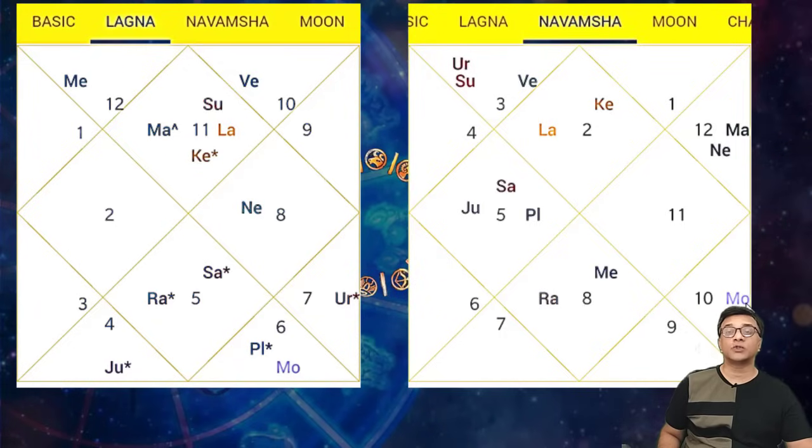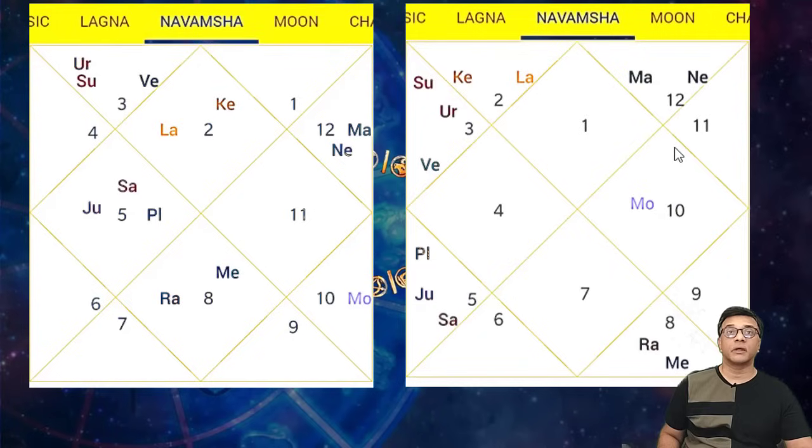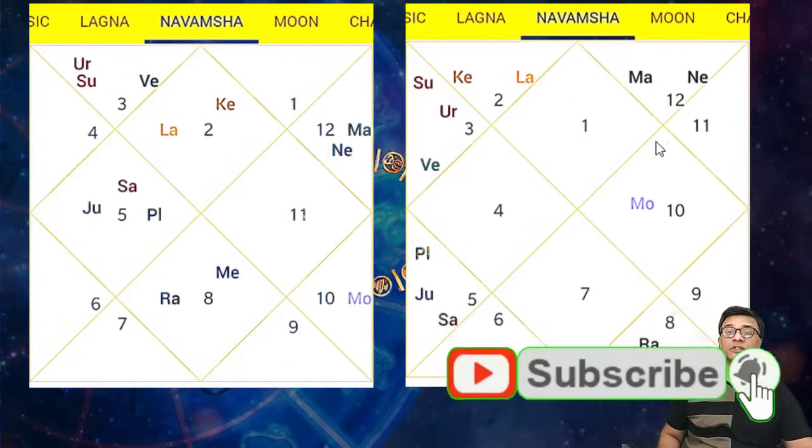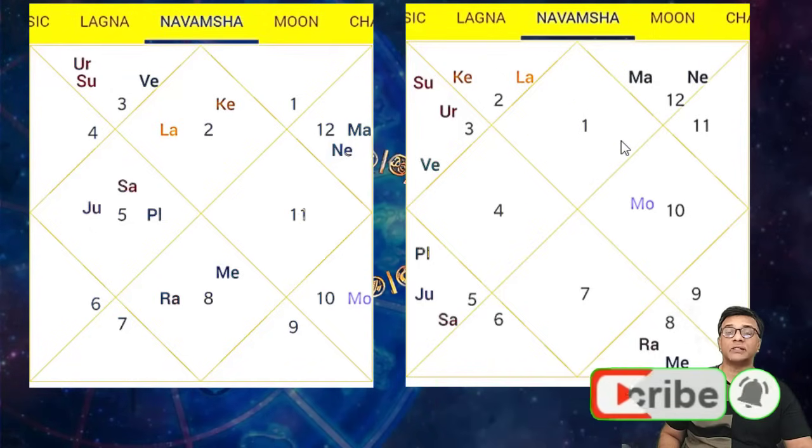So now use the technique which I said that we need to use, converting his Navamsa chart into a Kal Purush Kundali and using that. What does it mean? Now this is his Navamsa chart, which is the Taurus Lagna. So convert that into the Aries Lagna, which means convert his 12th sign, which is Aries, into the Lagna, keeping all the planets in the similar signs as they are in the Navamsa chart. So this becomes his new Navamsa, where the Lagna is converted into the Kal Purush Lagna, which is the Aries sign, and the rest of his planets are in the same signs.